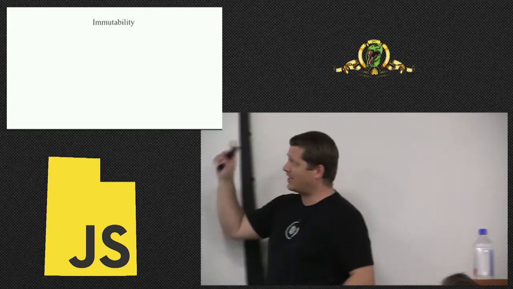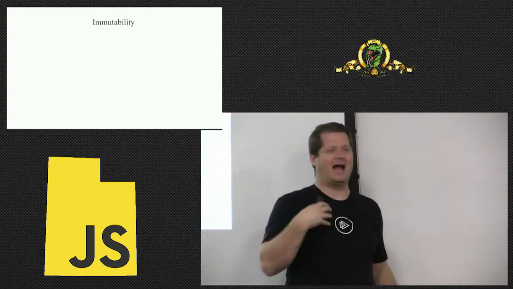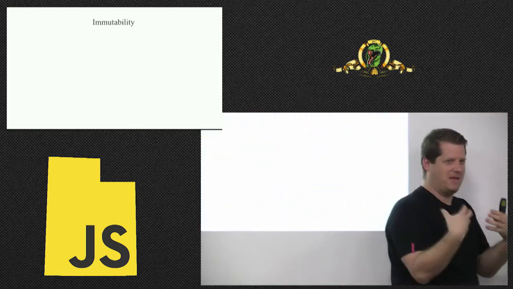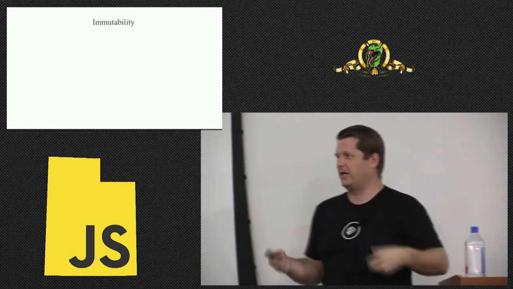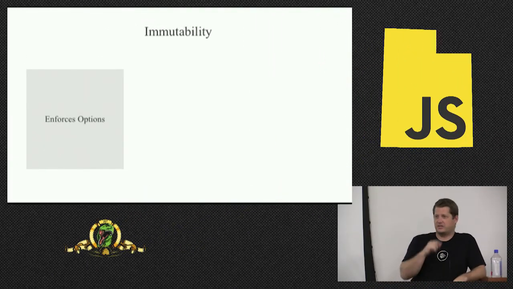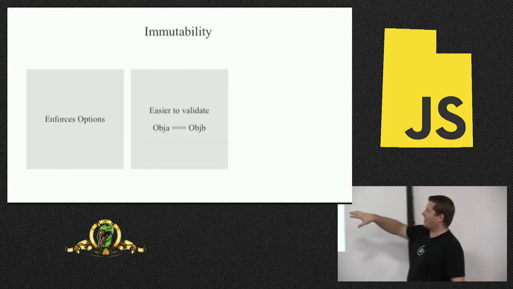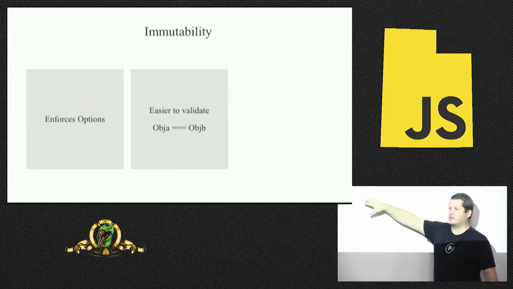So the first thing, one thing immutability does, in my skeptical view, right? I'm not talking about like the ivory tower functional programmer. I'm talking about me as a skeptic of the whole thing. Here's what I like about immutability. First things first, it enforces options. And I'll explain that here in just a second. I am guaranteed to have several options about how I want to work with this thing.